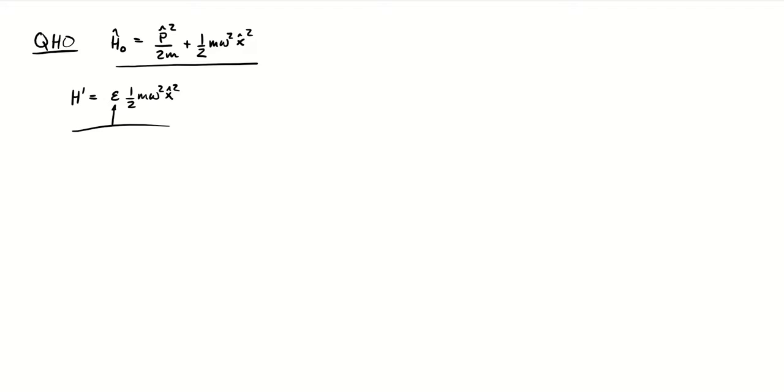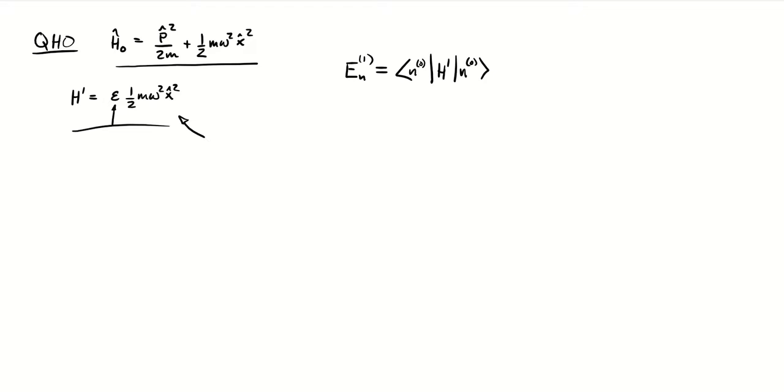All right, so in perturbation theory, we're trying to figure out the perturbed energy eigenvalues and energy eigenstates. So how do we do that? Well, first order perturbation theory tells us that the first order correction to those eigenenergies are just the diagonal elements of that perturbation Hamiltonian, right? And we have that perturbation Hamiltonian, so we can do that.